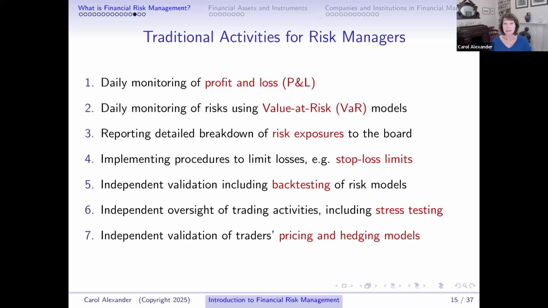And then there's the independent validation of the risk models, including the back testing of the risk models. And that is something that you could be involved in at a fairly early stage in your career. Independent oversight of trading activities, including stress testing, different desks, looking at the swaps desk or the loan desk, or